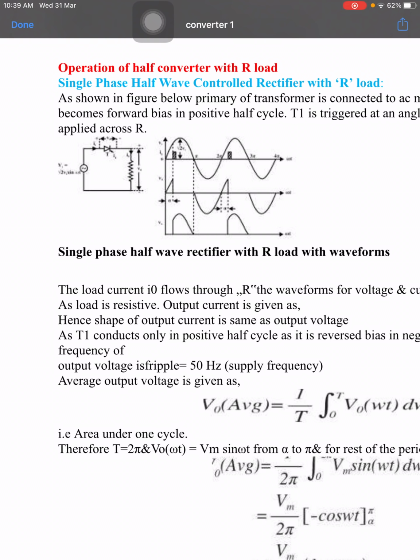That is the condition. We are finding the phase control rectifiers for different types of loads. Then what is the current flow in the particular circuit? What is the operation of the circuit? From the circuit we will draw the waveform, and from the waveform we will find out the derivation. This is the procedure.